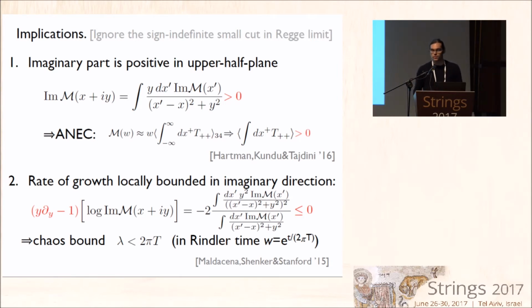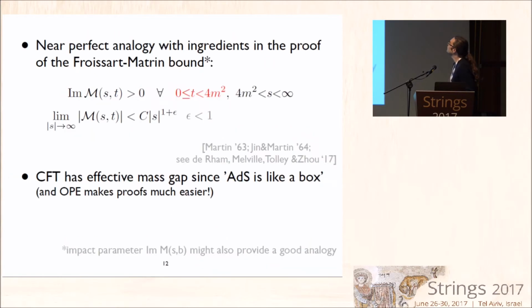So this dispersion relation knows about lots of nice physics, knows about much more, and I would just like to make an analogy with something that is more familiar from the usual flat space S matrix. This kind of infinitely many constraints we get there are very similar to what one gets for a gap S matrix. So we're all familiar with the fact that the imaginary part of the forward amplitude is positive. But when you have a gap, something more is true. The imaginary part is positive also in some finite range of T and for all S. It's kind of a non-physical region, but